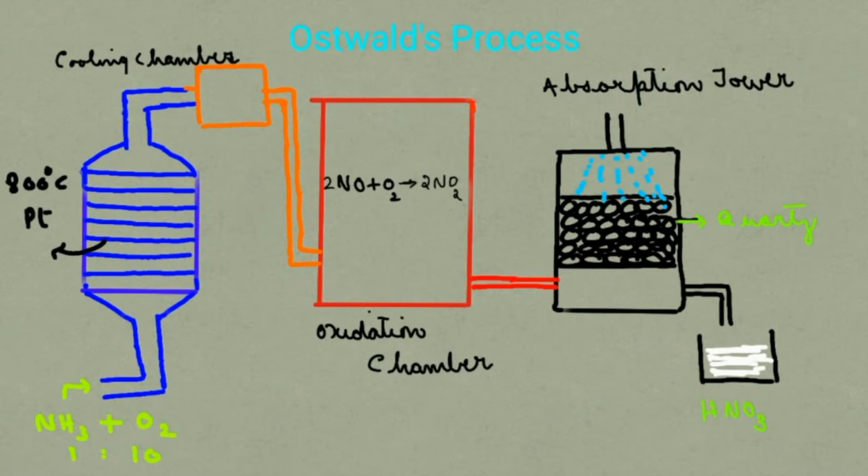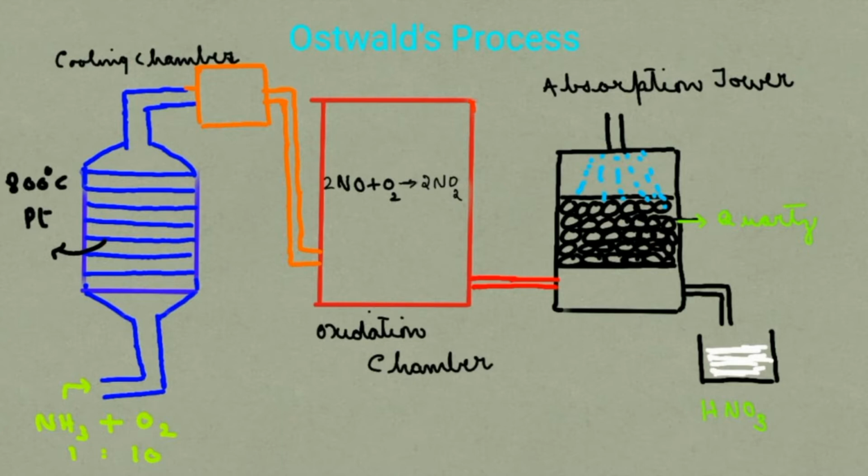In this video, we are going to learn about the industrial production of nitric acid. What's the name of the process? The process is known as Ostwald's process. You can find the same topic in ICSE class 10 chemistry and also in class 12 in P block elements, in the nitrogen family. We will be discussing the process, and after that I've kept a lot of board questions related to that.